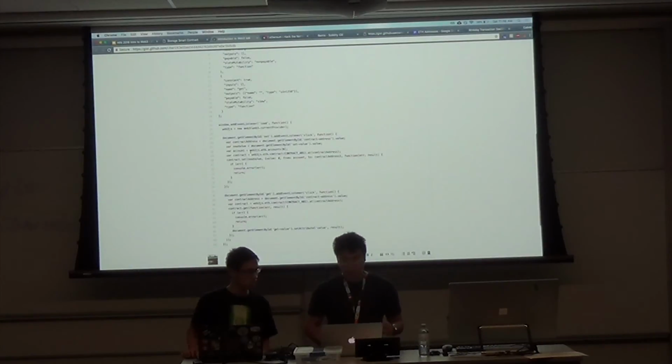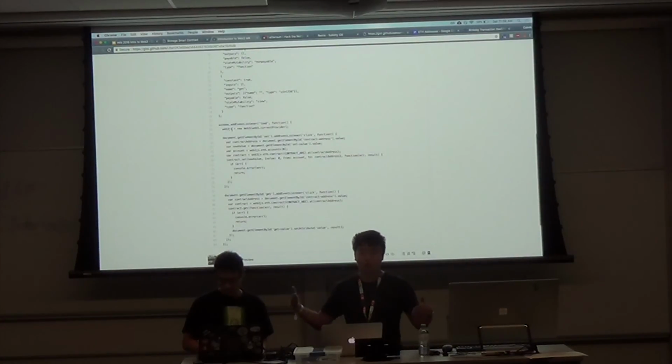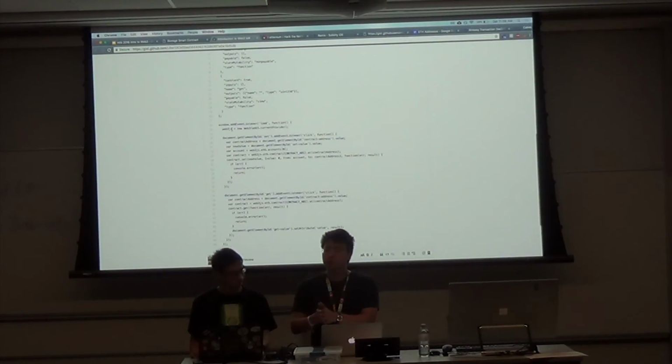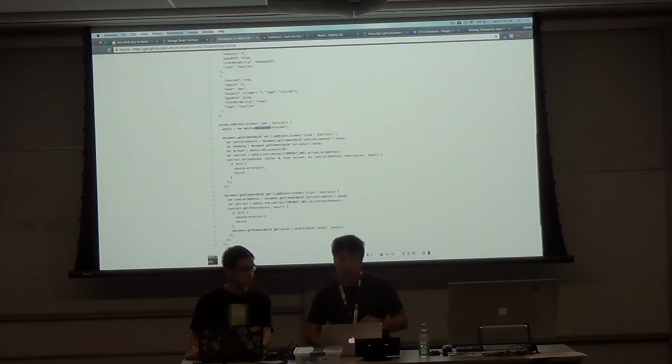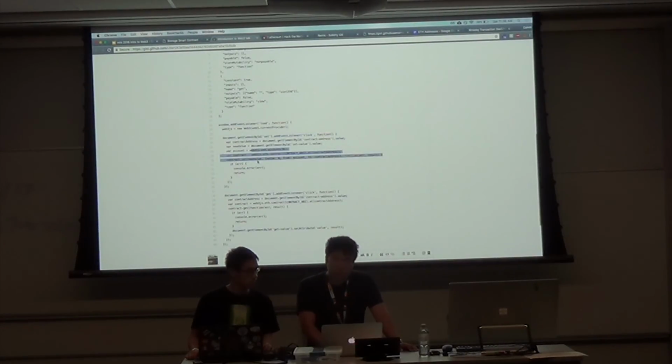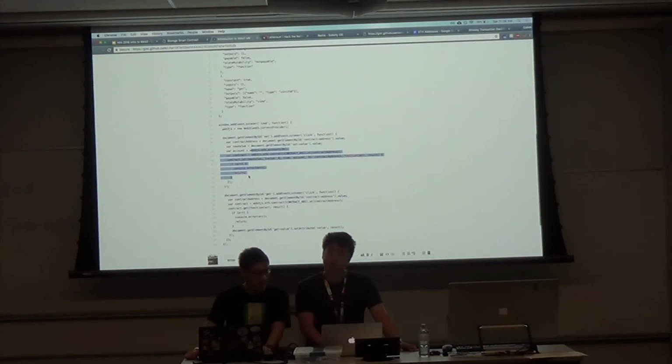This JavaScript uses some objects that are injected by the MetaMask extension into your page. When you install MetaMask, this extension injects an object called Web3 into every web page. We're using it here, web3.currentProvider. And this button, when you click it, uses Web3 to create a transaction and then publish it.